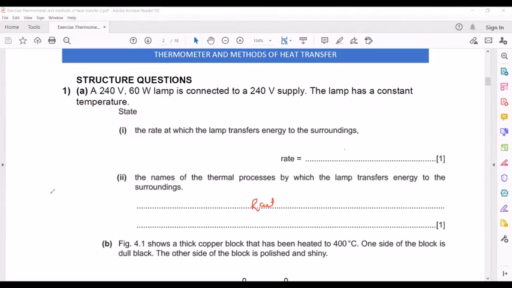For example, if you have a lamp and I place my hand above the lamp at point A, the energy transfer is by radiation and by convection, because the hot energetic molecules will also rise up. If I place my hand at position B, then convection cannot happen because the hot energetic molecules always rise up. So the only way the energy is transferred is by radiation. But if I'm touching the lamp directly, the energy transfer is by conduction.